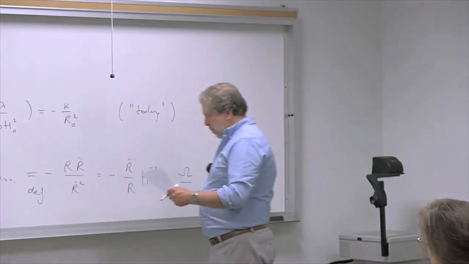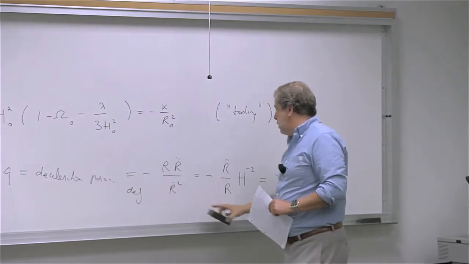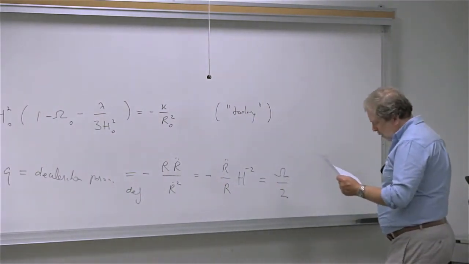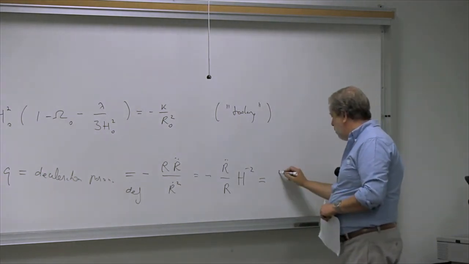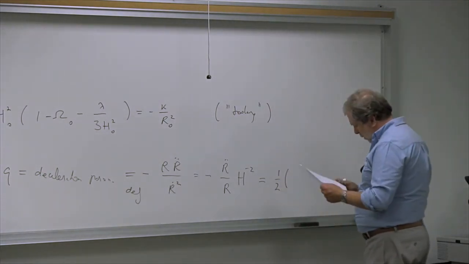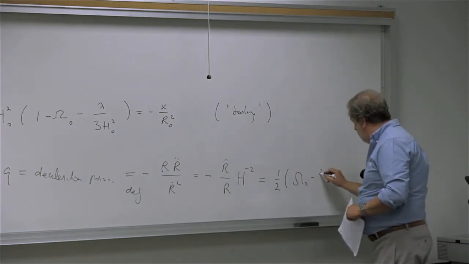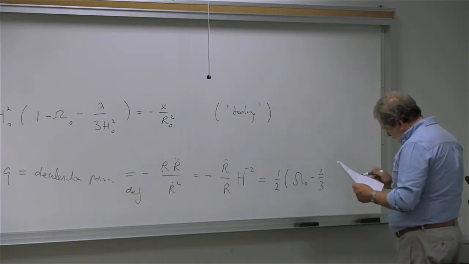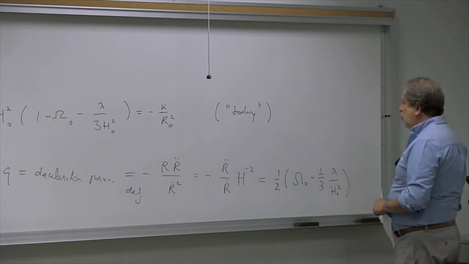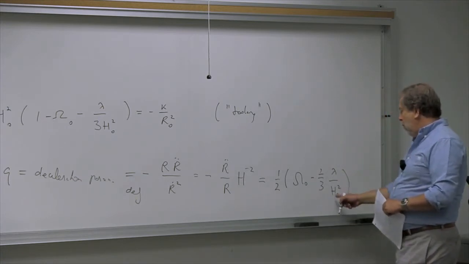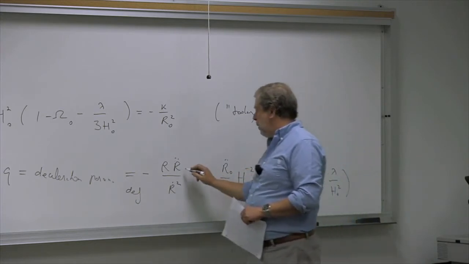And the second relationship is also changed when we have a lambda term. So the definition, of course, stays the same, right? The definition stays the same, but the change here is that this is equal to 1/2 times omega naught minus 2/3 lambda divided by H naught squared. So it's changed a little bit. And well, when I put a naught here, I mean that today, right? It could be at some other time, but